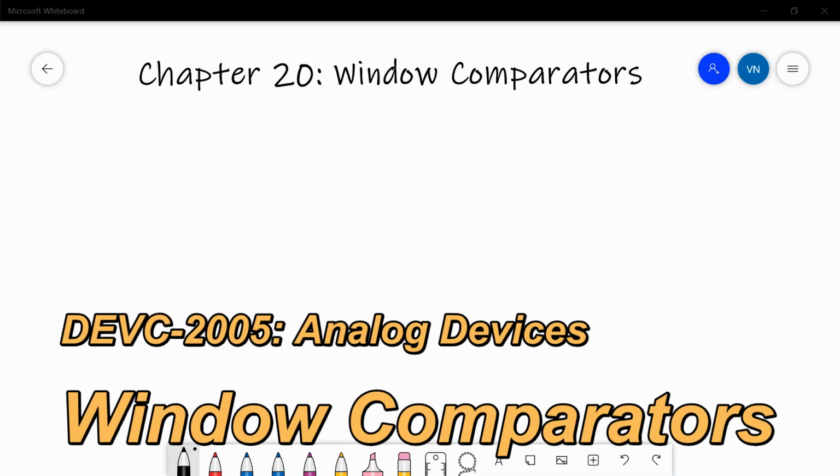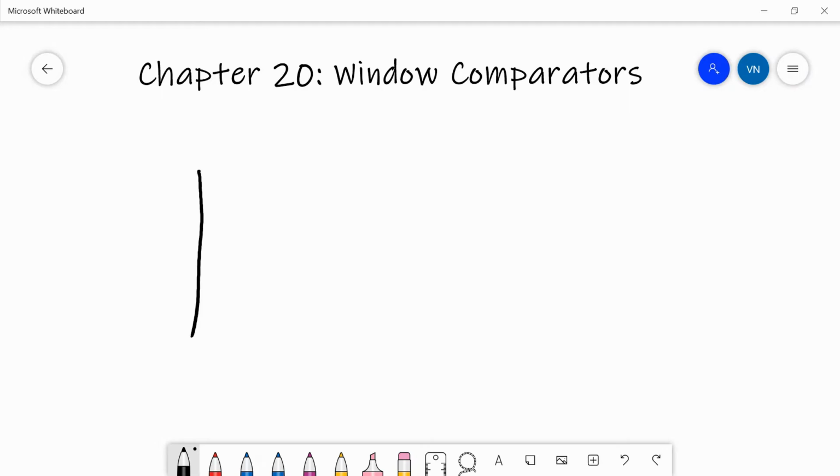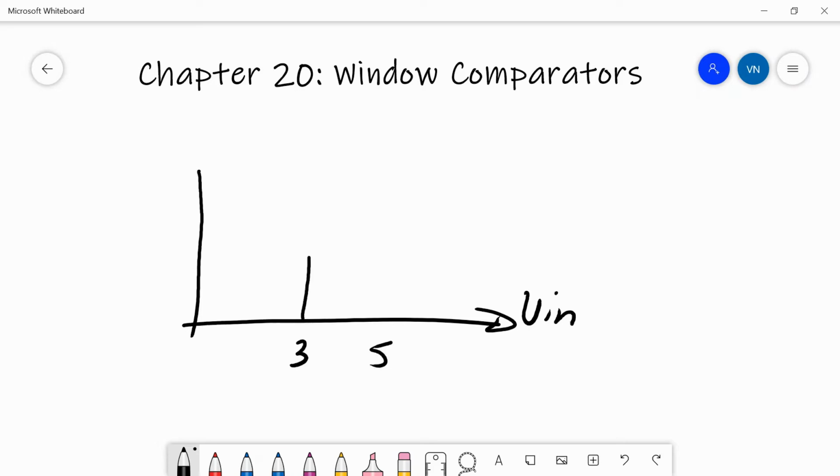So a window comparator is a circuit that will generate an output within a certain range of voltages. For example, we can draw a graph of what we want. This is Vin, and let's say between 3 and 5 volts, we would like the output to be high. So the window is said to be the range between 3 and 5, and between that range we want a